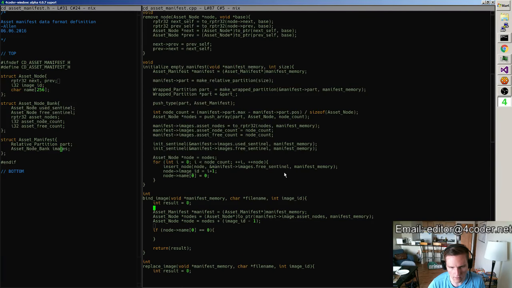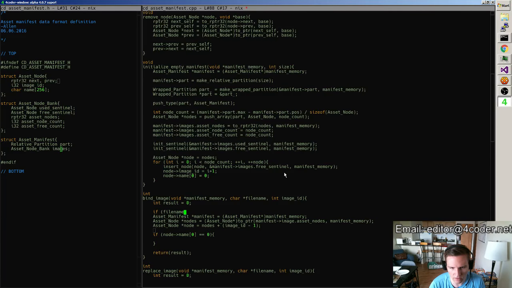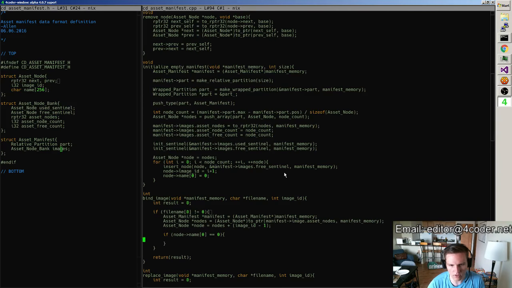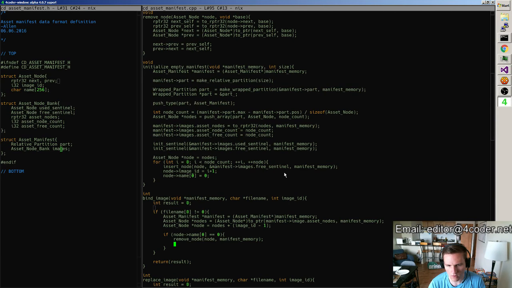And really that means that we have to make sure that file name[0] does not equal 0 to do this, because that'll just be confusing. If you give me an empty string, then I'm not binding you. Okay, so if the name is free, then what I'll try to do is say, let us remove that node like so. Let us insert that node